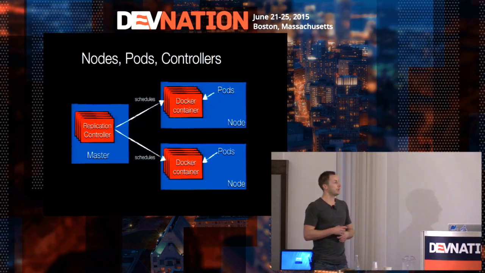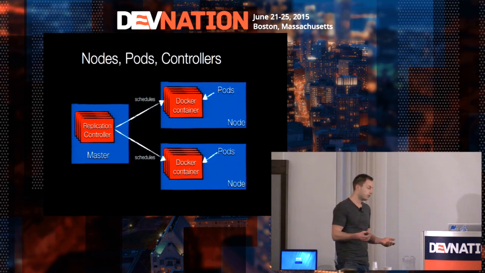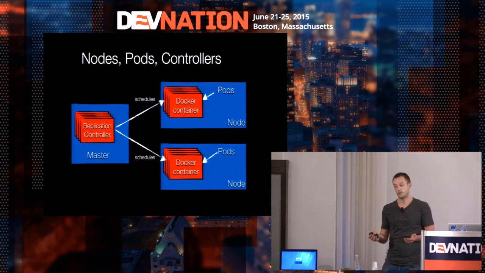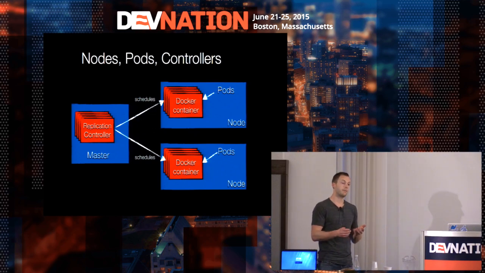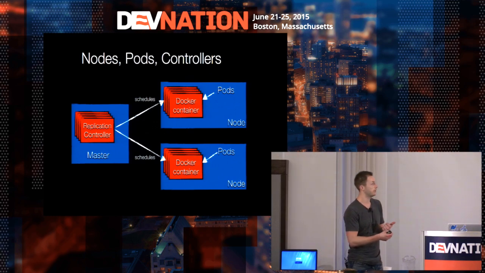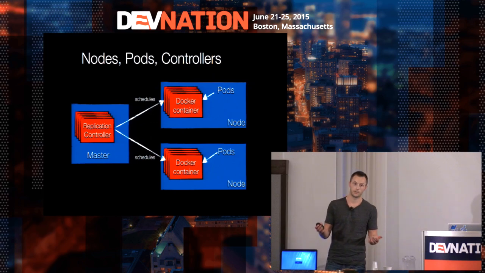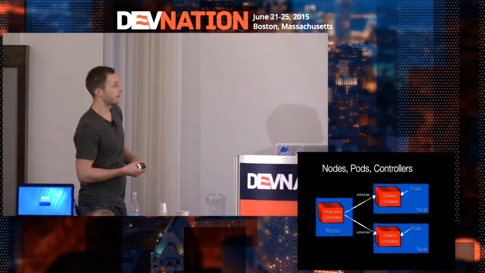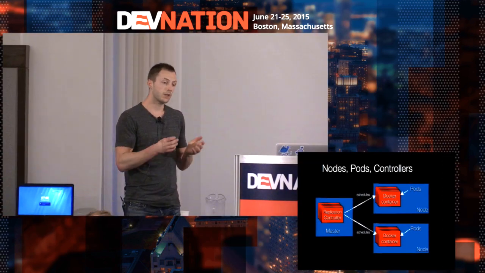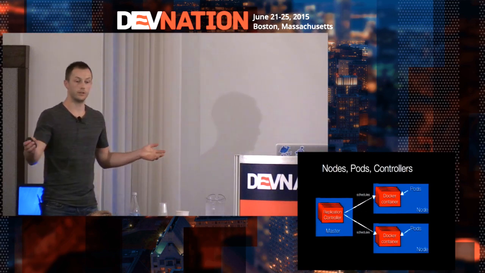And one of the things you can do with this API is define replication controllers. A replication controller defines that you have some container that you want to run in your cluster, and it defines how many replicas of that container should be running. So for example, I have some container defined, and I tell Kubernetes that I want to have 10 replicas of that specific container. When I define this replication controller on my master, Kubernetes will then take care of actually starting this container on 10 different nodes.